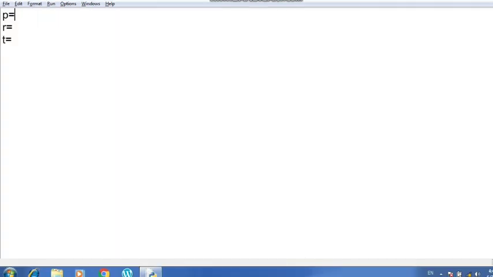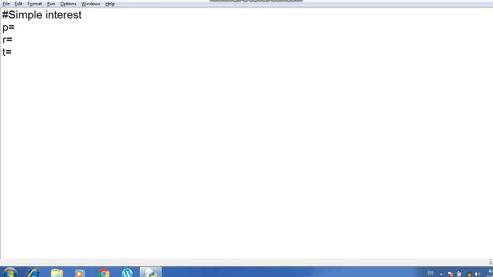Let us do another program now. Let us see the program to find out the simple interest. So I have written here in the comment section that simple interest I'm going to find out. I'm going to take 3 variables for taking the input from the user as principal, rate and time. So what will be the data type here?